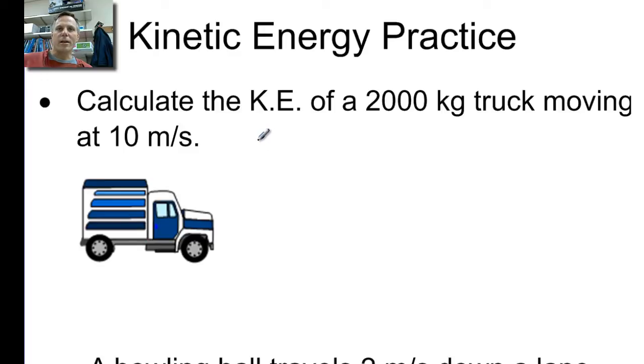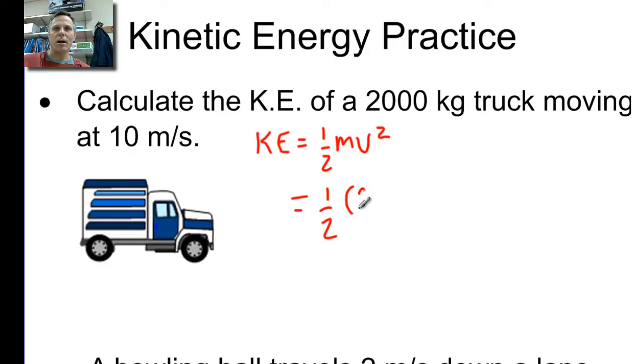First, we're going to calculate the kinetic energy, and kinetic energy is 1/2 mv squared. I'm going to go ahead and solve this problem because they give us the mass. We know the mass, 2,000 kilograms, and we know the velocity is 10 meters per second. So we're going to take 1/2 of the mass, which is 2,000 kilograms, times, and here's the important part, the velocity squared. Make sure it's the velocity squared. So it's 10 meters per second,